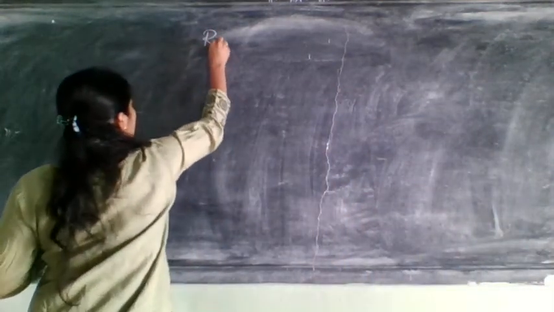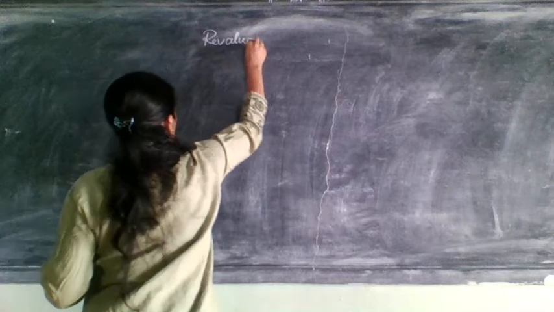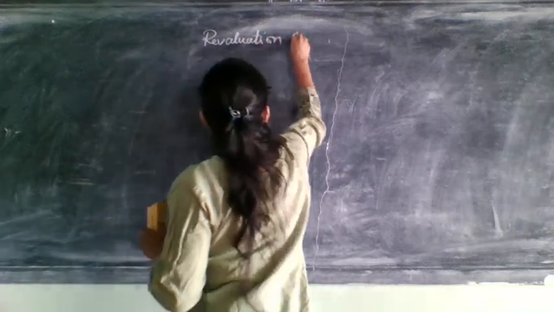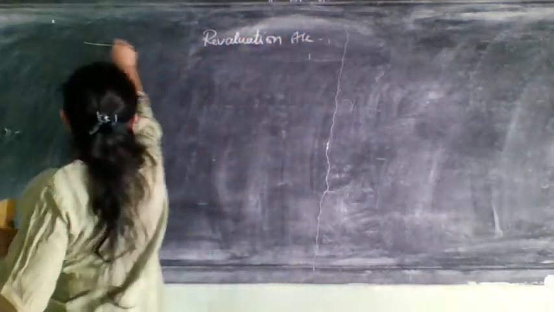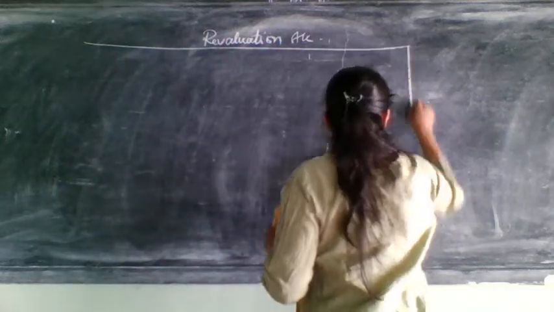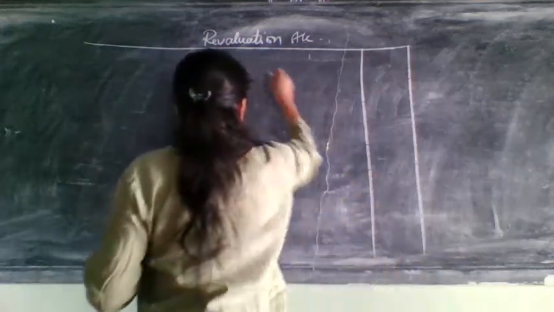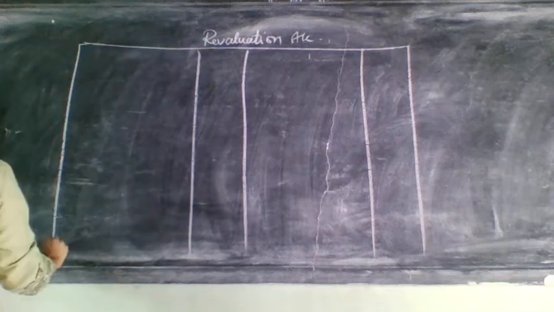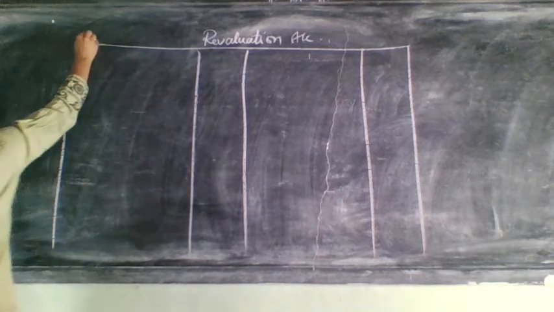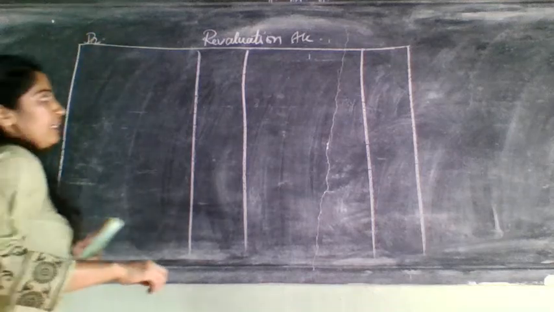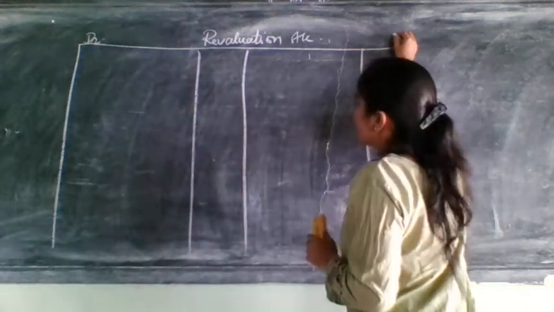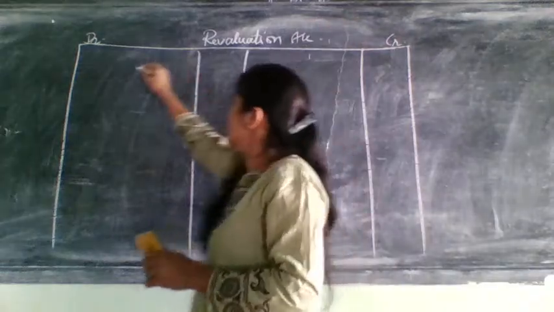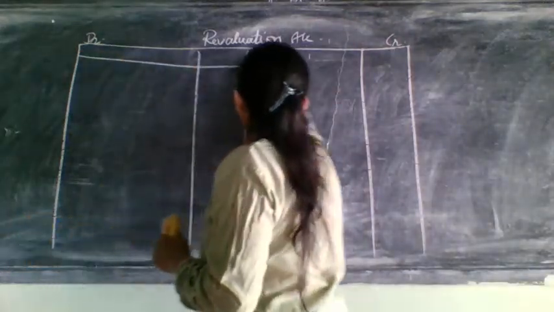First step, what do we need to do? The first step is the revaluation account. Which account do we need to open? Revaluation account. So how many entries do you have for the revaluation account? It starts from C, D and E. In one of them they have given 2 adjustments. So let us start doing that.